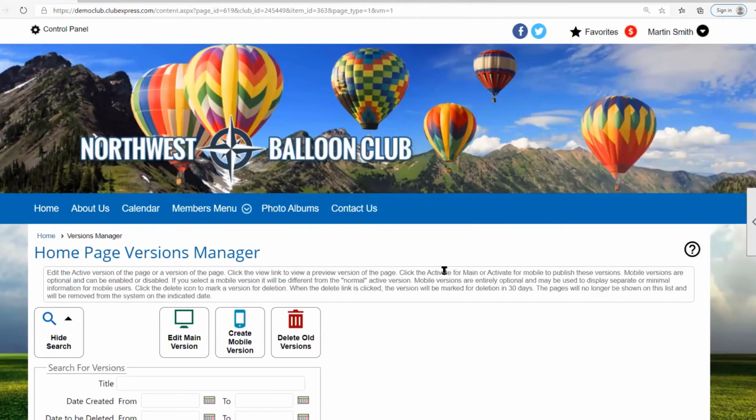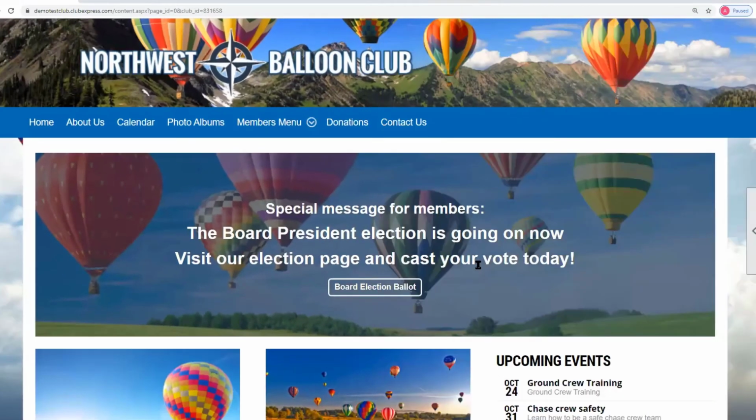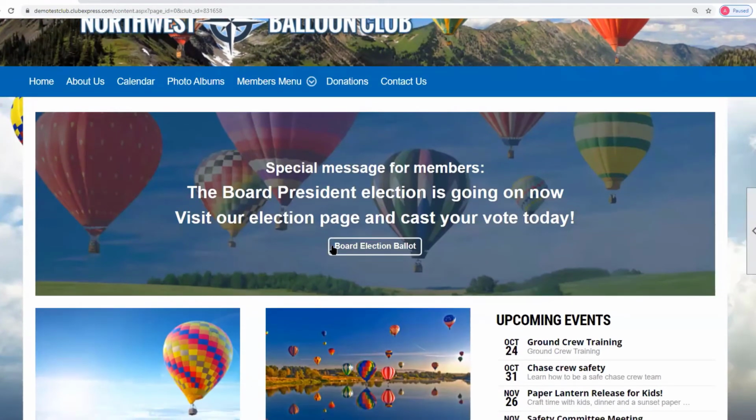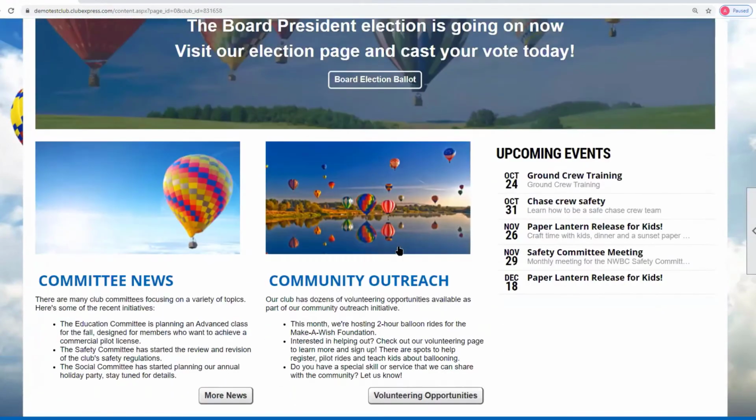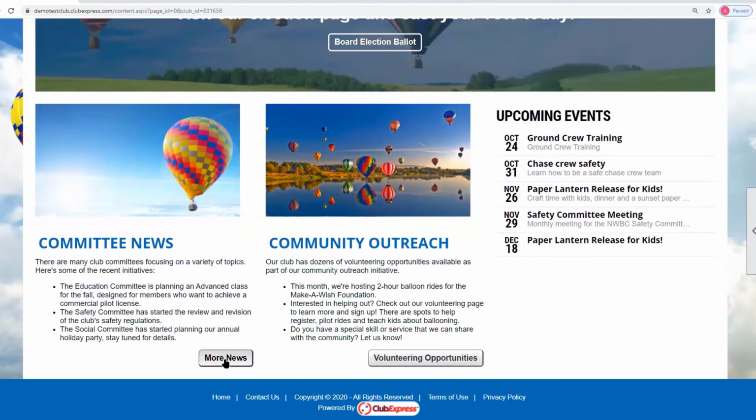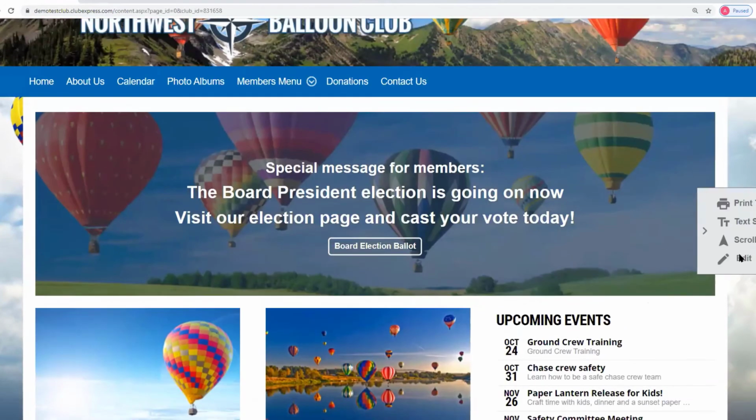I want to jump back to the other editor for a minute, because there is something that's a little bit cool here that I will show you, and I think we're going to maybe make either another little webinar about it, or there's a feature that's still a little ways away. But you'll notice that we have this button here called Board Election Ballot, but it doesn't look like that kind of button. And the way we did this is by clicking on Edit,